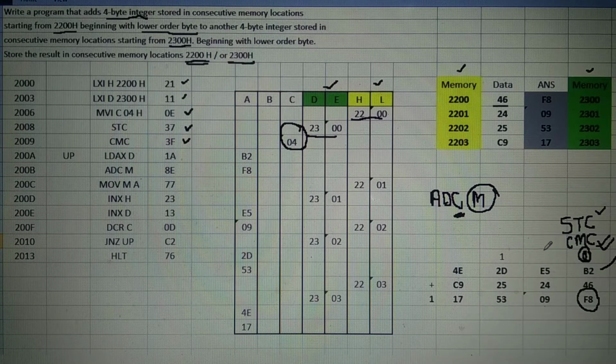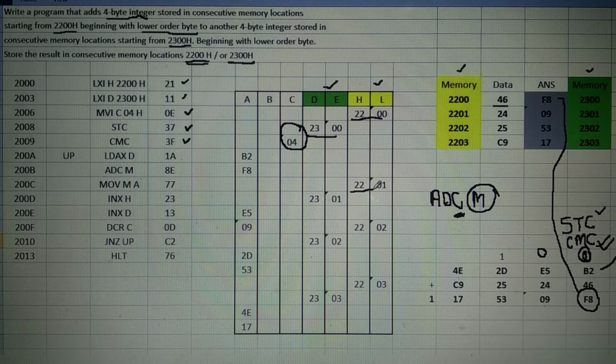Carry is not generated, it is 0. It is to be considered for the next addition. MOV M, A. This F8 is to be stored to memory. Memory is represented in yellow. That means the content of 2200 changes from 46 and it becomes F8. Next, go to the next.